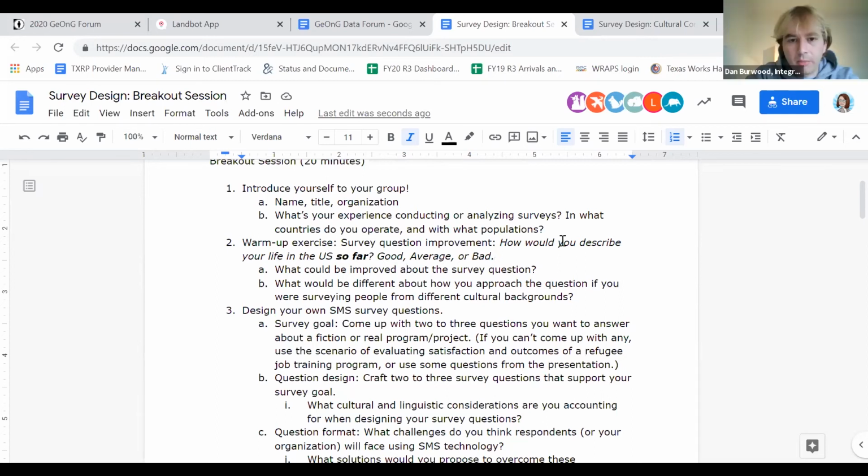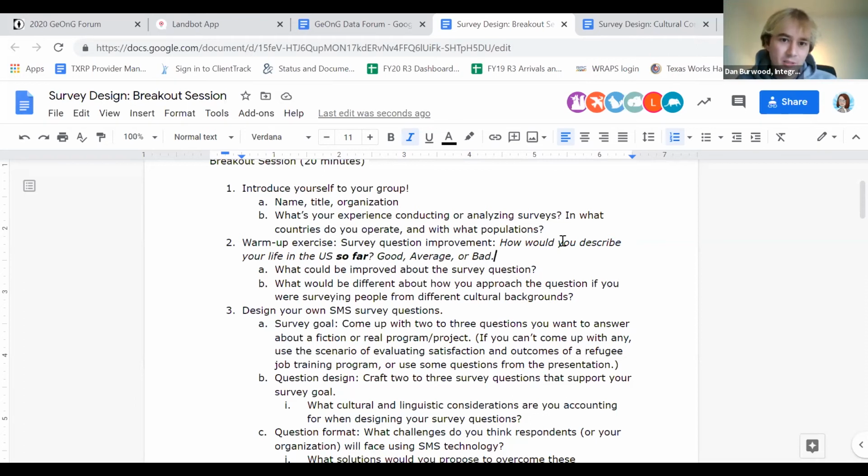Yeah, I think 3-point scales can work and they've got a place, but that's a very broad question, which might be fine. Like, that's probably something I'd have looked at before, but sometimes you want to ask broad questions like that as maybe a summary or an overall, either at the start or the end. But if you're asking something that broad, I think you need a broad range of